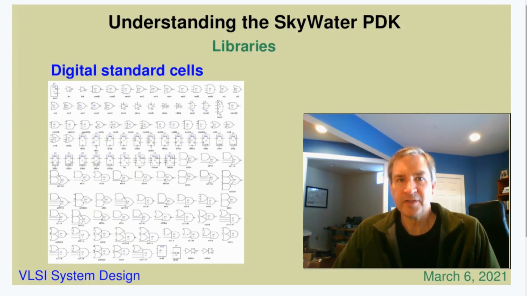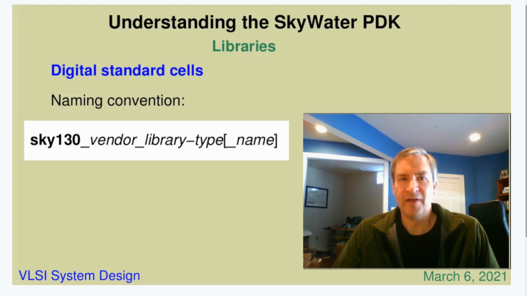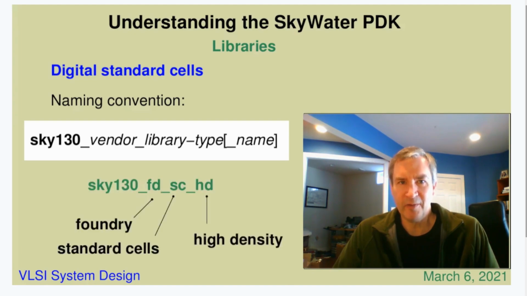There are various flavors of digital cells, 7 of them in all, covering a range of uses from low power to high speed, high density, high voltage, and low leakage. The libraries all follow a standard naming convention, and all cell names and device names contain the library name as a prefix. The library names are in the form of Sky130_vendor_library type, and then optionally another underscore and an abbreviation for the library, if there is more than one library per type. So the most commonly used digital library, the high-density standard cell set, is named